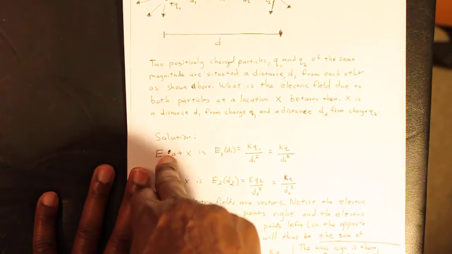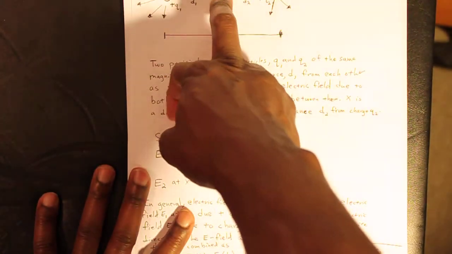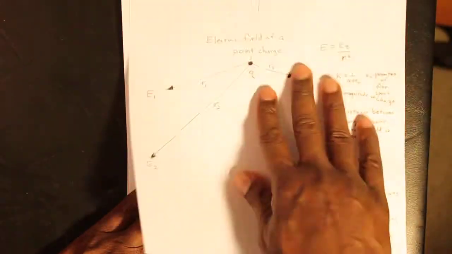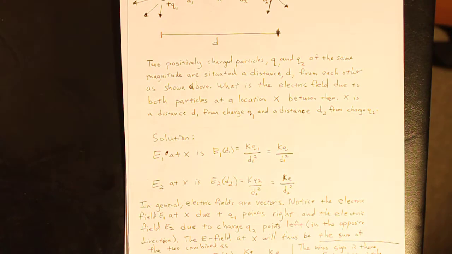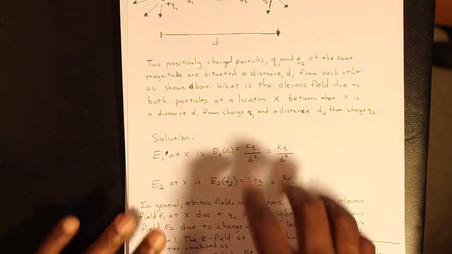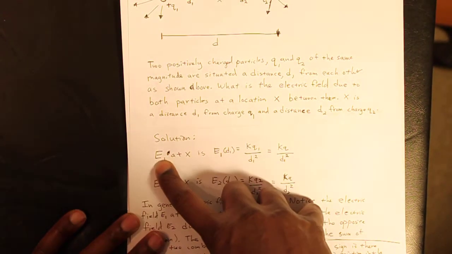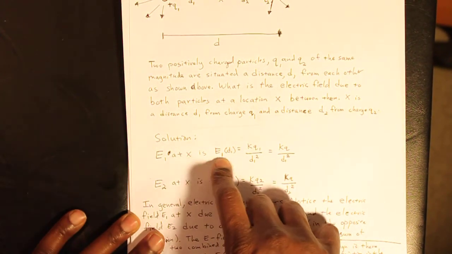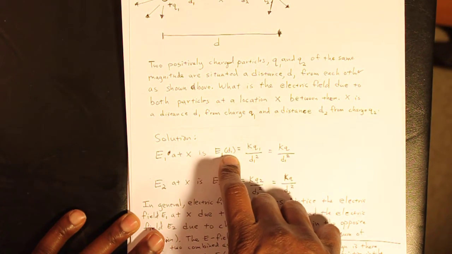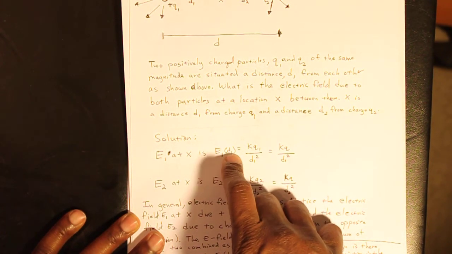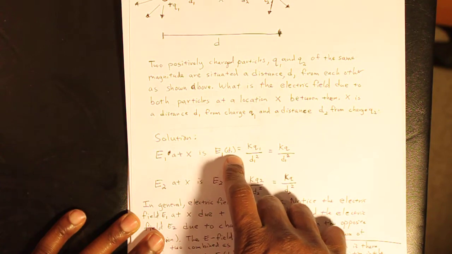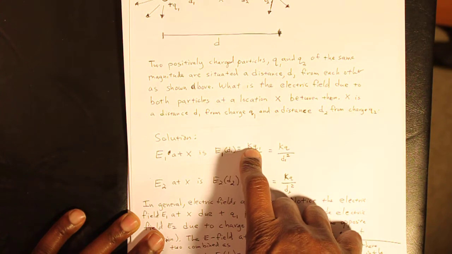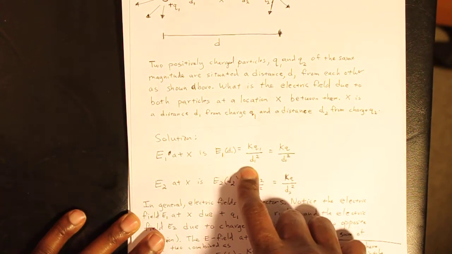Let's calculate the electric field E1 at X. Well, it's just like we did before in our previous discussion of the electric field due to one charge. E1, the electric field at X due to charge 1, is E1 of D1. E1 is a function of D, where E1 equals K Q1 divided